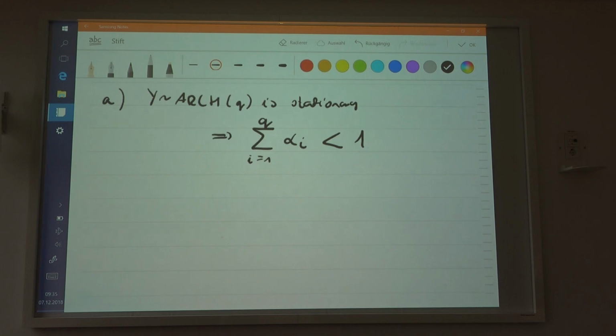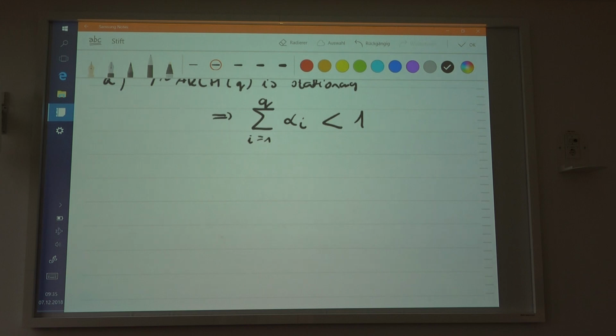So where does it come from? We were looking at this too, but you can see this. What you would do is calculate the expectation of the process first. We have to show that this is stationary. If it's stationary, then it's going to be the same thing. So the expectation of the process is going to be equal to the expectation of